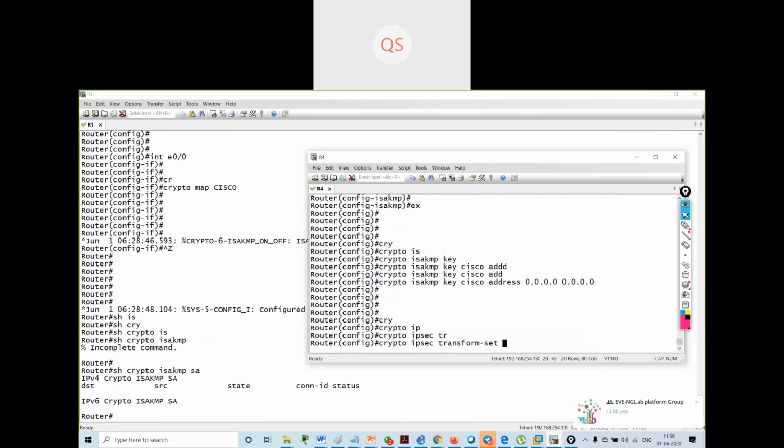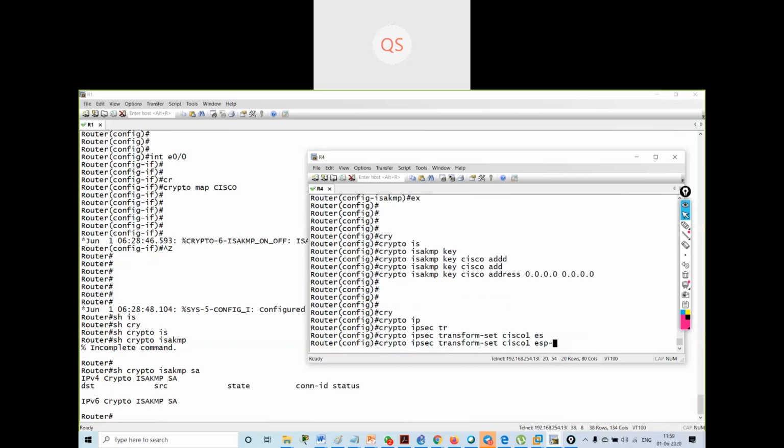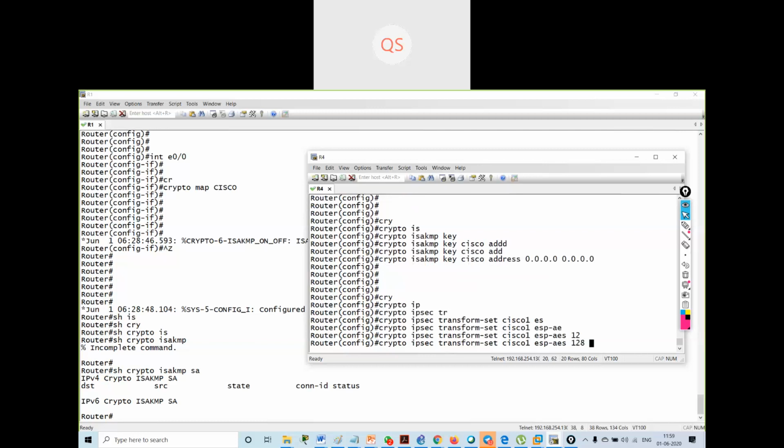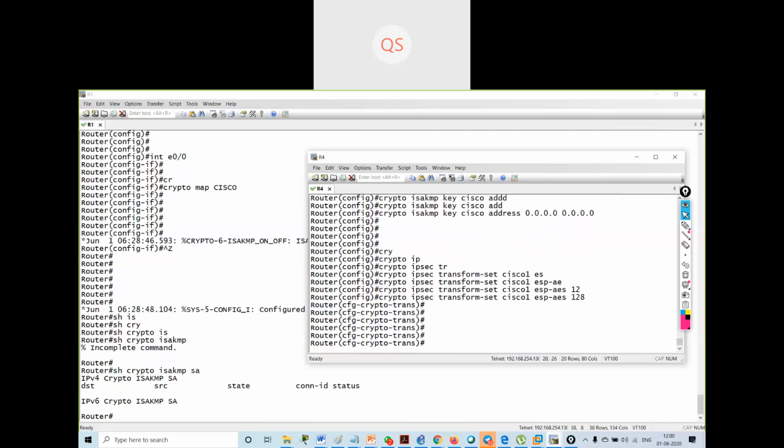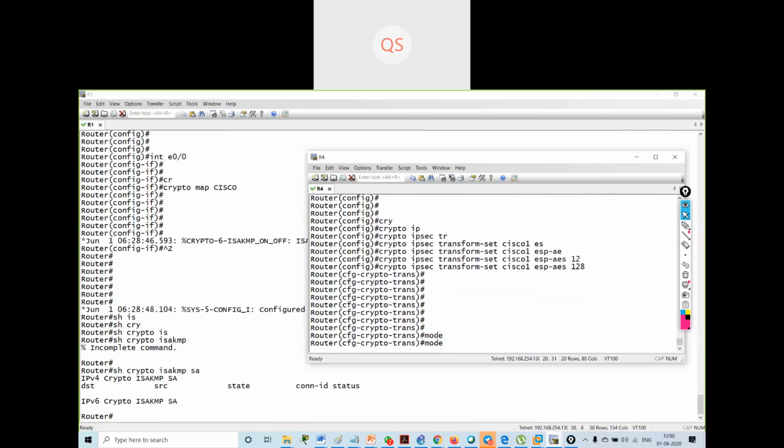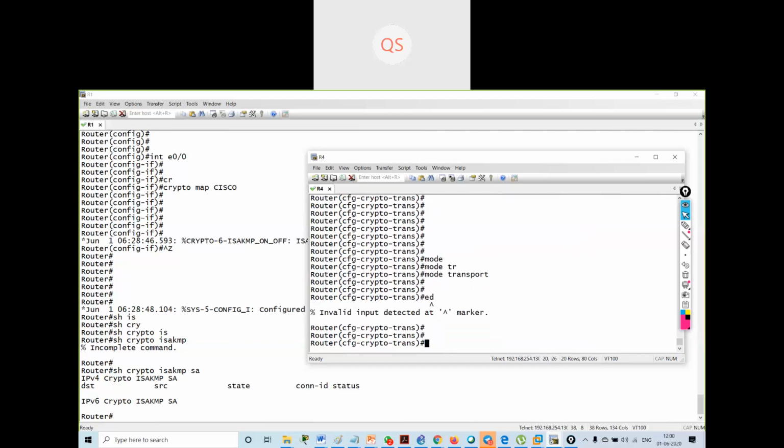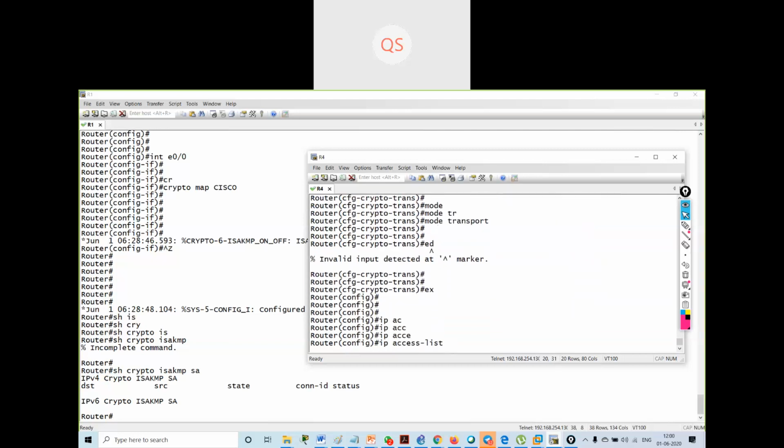The name of the transform set is Cisco1 and ESP AES should use 128. Mode is transport. Exit. IP access list extended CCNP.